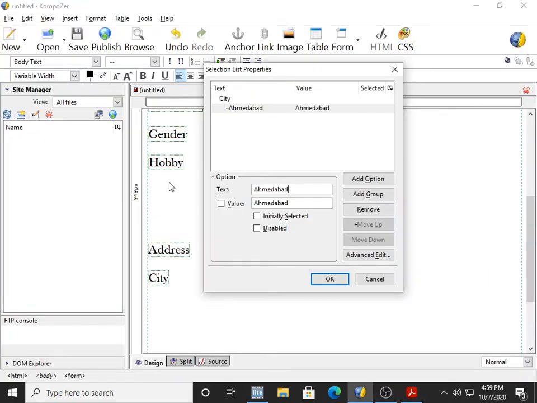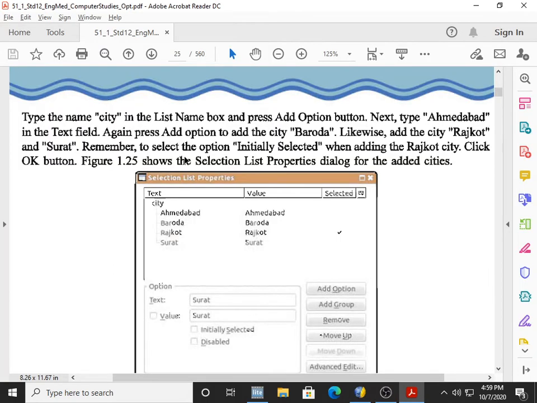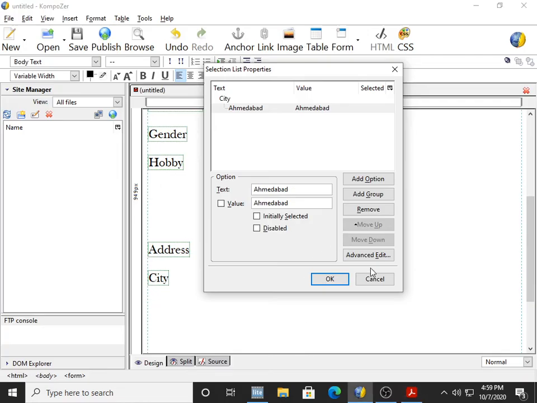But one thing is there. Remember to select the option initially selected when adding Rajkot city. So when you add Rajkot city, you have to select this option initially selected. Okay, so now we click on the add option button. Baroda, then add option.